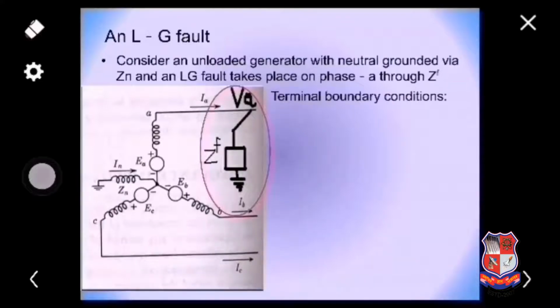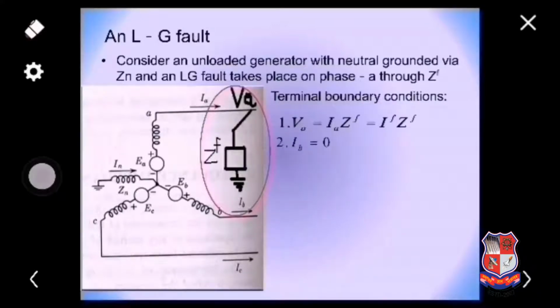So definitely the first boundary condition is that my fault current IA itself is flowing from phase A to ground via ZF. So the potential difference between phase A and ground is VA via ZF, which can be represented as VA equals IA into ZF, or IF into ZF. Here fault current IF is to be derived, and fault current IF is itself the IA phase current. Now at that time, as the machine was unloaded before occurrence of the fault, IB phase current and IC phase current in the boundary condition should be 0.